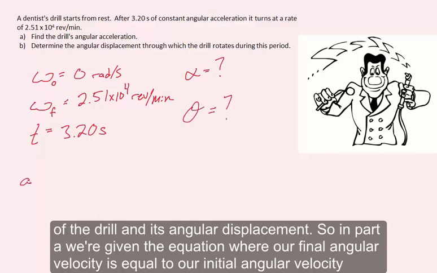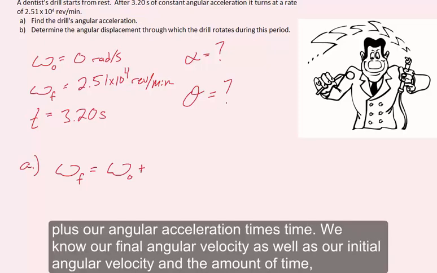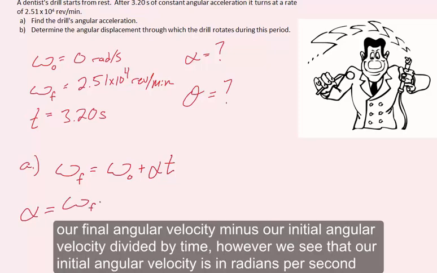So in part A, we are given the equation where our final angular velocity is equal to our initial angular velocity plus our angular acceleration times time. We know our final angular velocity as well as our initial angular velocity and the amount of time, so we can solve for our angular acceleration. If we rewrite the equation to get our angular acceleration by itself, we see we'll have our final angular velocity minus our initial angular velocity